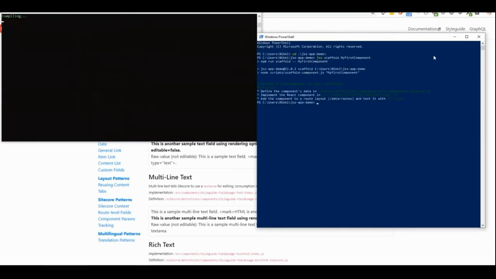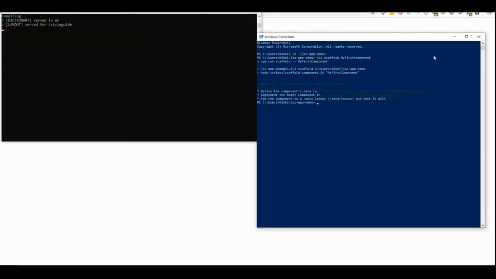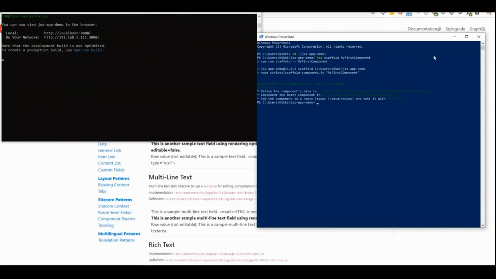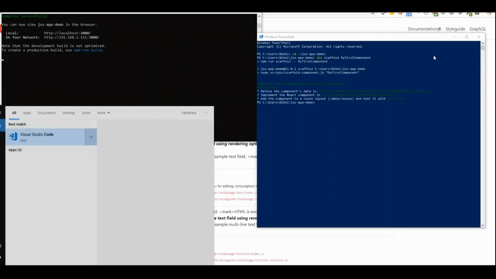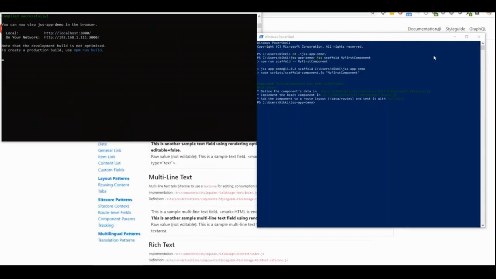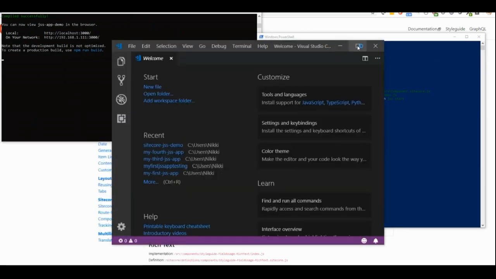When you give the command, it will automatically scaffold and create all the necessary templates required for my component. So in my JSS app demo folder, I create a component called my first component.